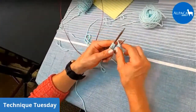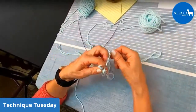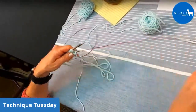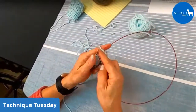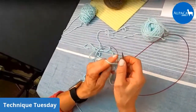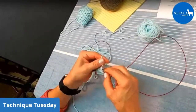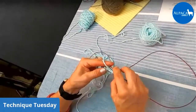Well, you look where the last stitch was cast on and you find that working yarn. You're not going to work that stitch twice. You're going to pull that needle out. And then guess what you're going to do? I'll just pretend as if I'm doing a little ribbing. How's that? So we have a knit 1, purl 1, knit 1, purl 1,